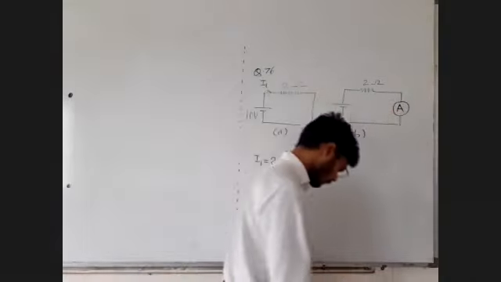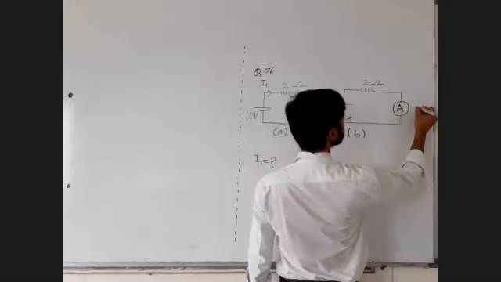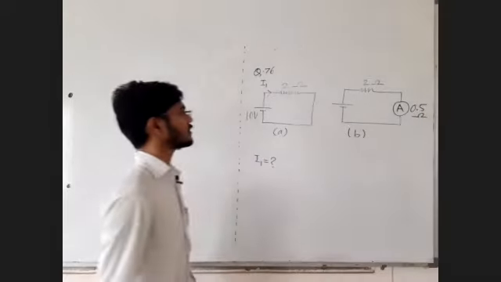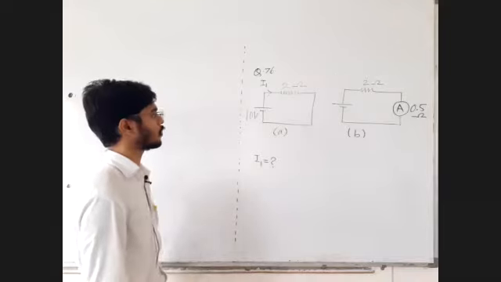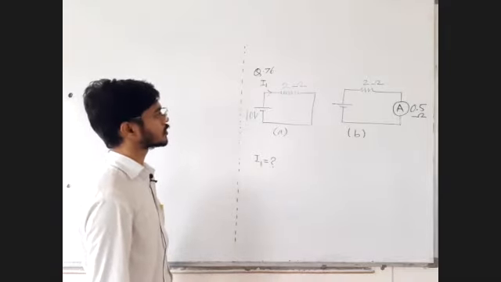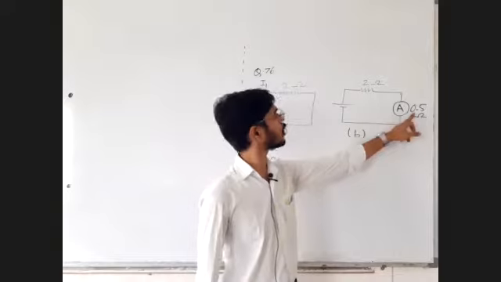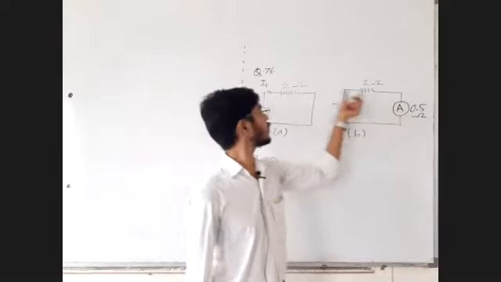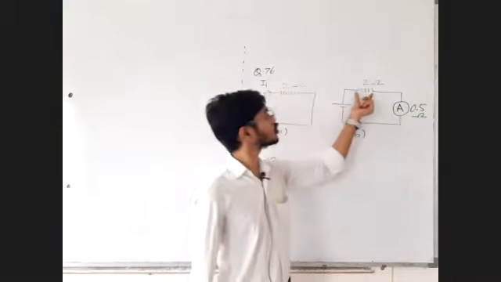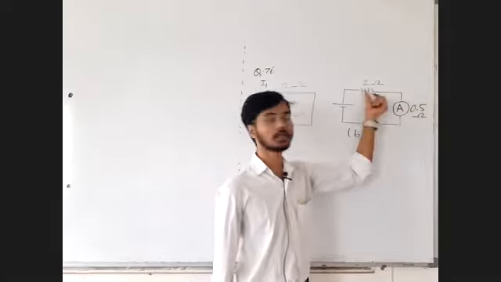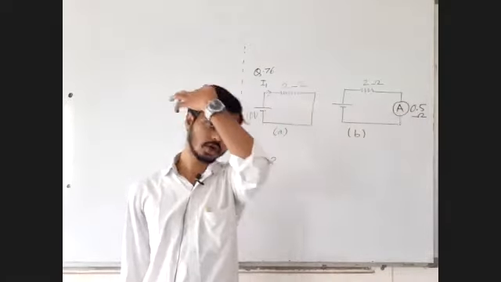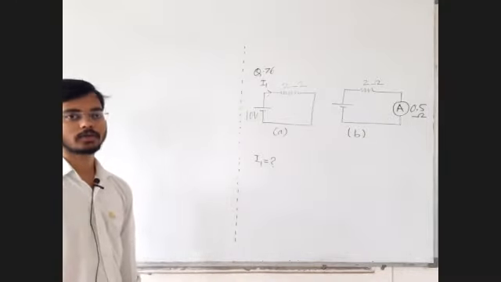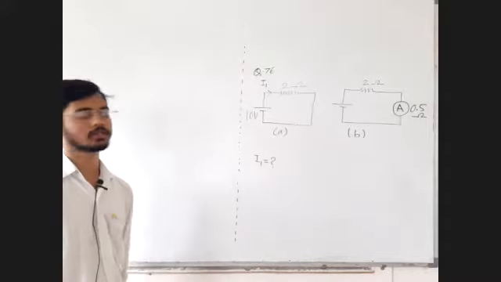That ammeter has an effective resistance of 0.5 ohm. Now you will say, sir, because of this 0.5 ohm, the effective resistance in the circuit gets modified. Initially it was only 2 ohm. Now it is 2 ohm plus 0.5 ohm. Yes, no, reply to me in the chat box. Because of the ammeter, the circuit got modified. A slight change in resistance occurs.